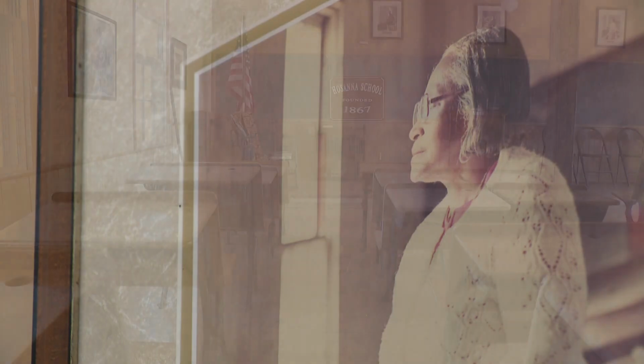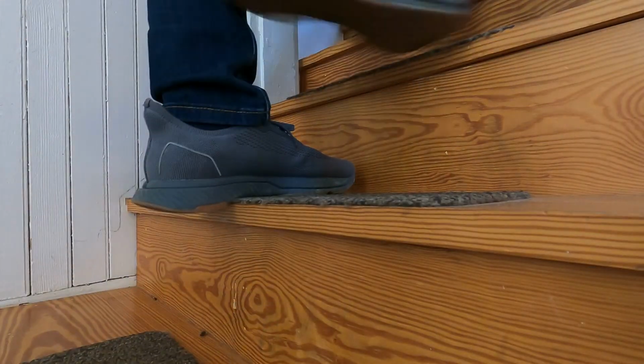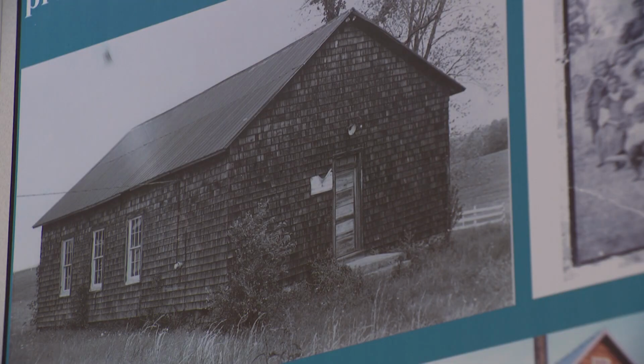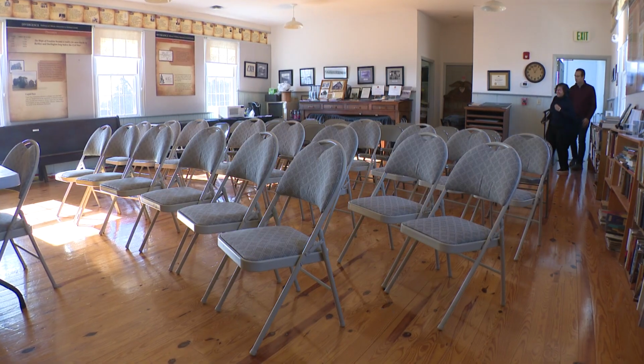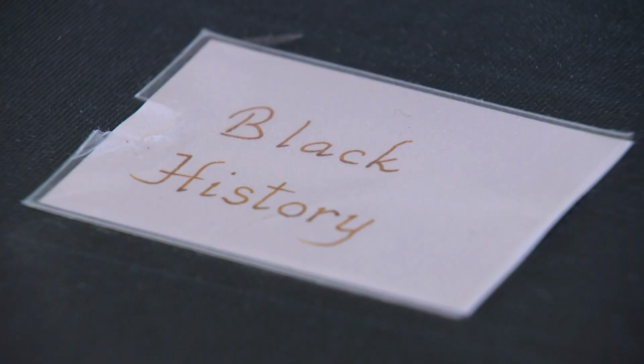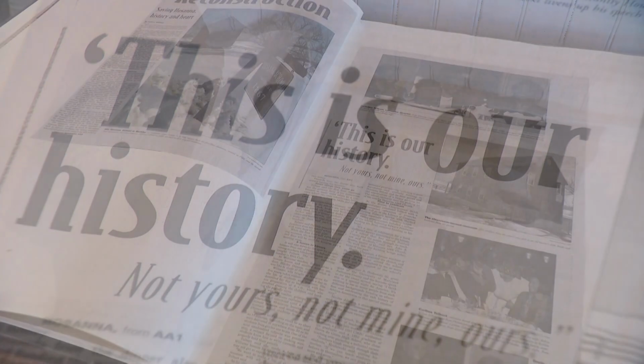Photos of its final teachers are featured at the front of the class. I mean, they were way more than just teachers. Hosanna closed in the 1940s. So this is the second floor schoolroom. Yes. It serves the community now as a museum and event space, housing historic reminders and relics of the decades